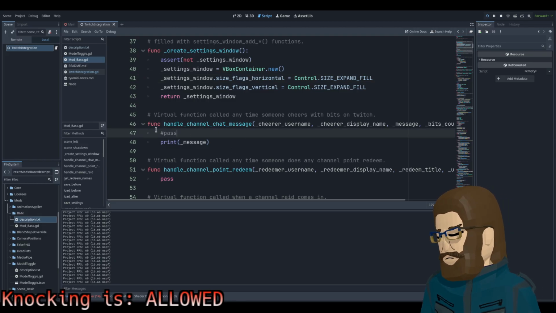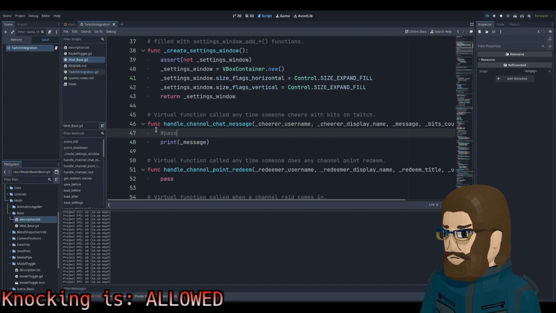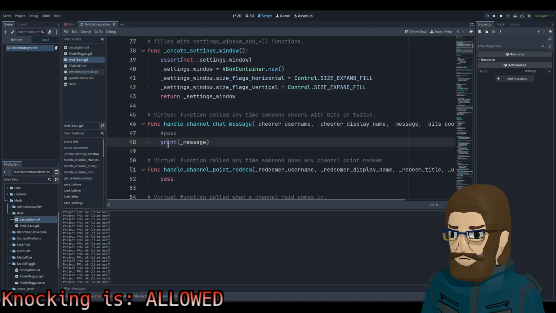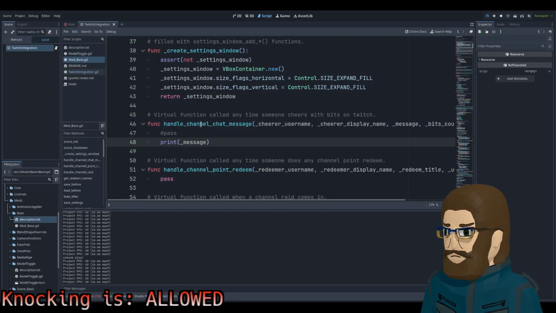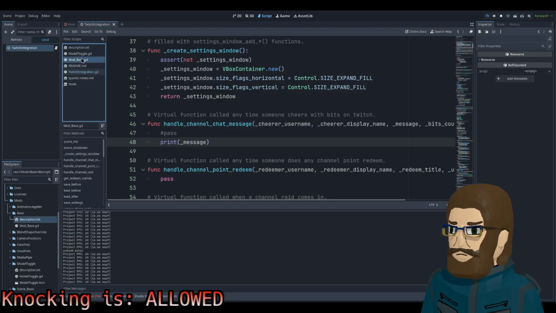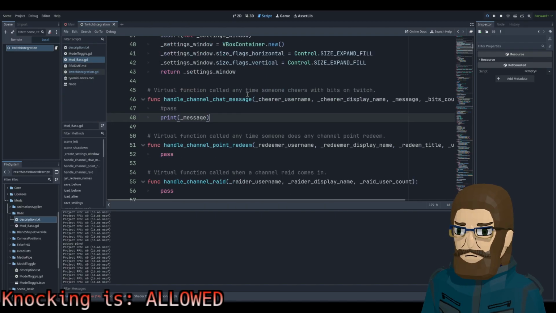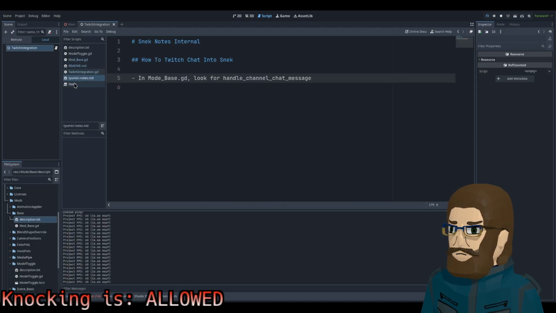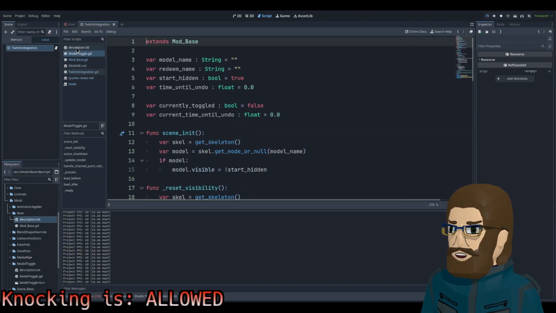So we're in this trumpet. It's really loud. So we added print message to the handle chat message, so we can see it in the console here, but we don't. Oh, okay. Wait. No. Where are we? Are we in the base mod? Why are you highlighted? So what is happening? Am I doing something?